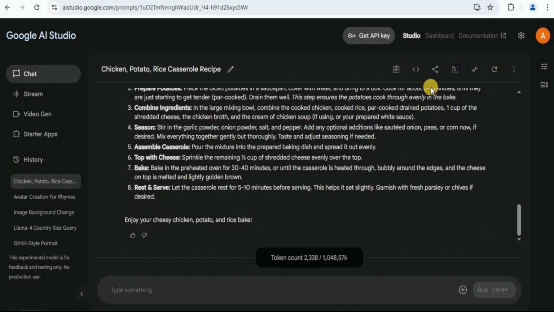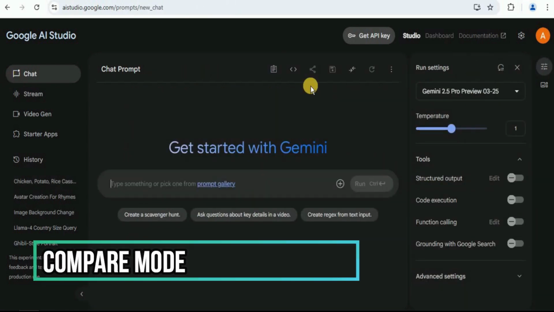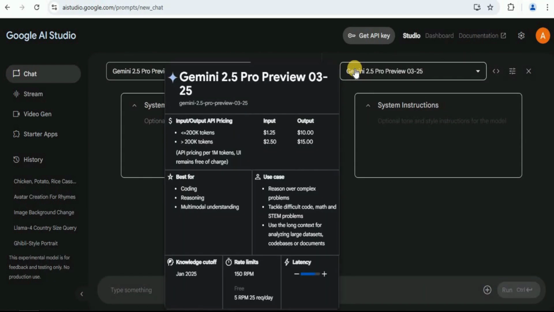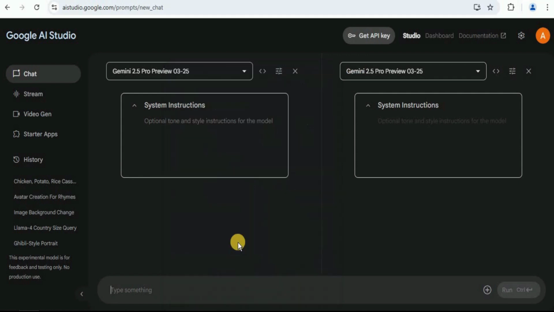And then lastly, we have the compare mode inside the chat. The compare mode allows you to run the same prompt or the same question with two different models of your choice. You can see how the interface of the compare mode looks. You simply have to provide the prompt to both of these, select your appropriate model, and then the same prompt will be run with two different models and will provide you two different answers. Then you can easily compare those answers to see which one provides the best answer for your prompt.